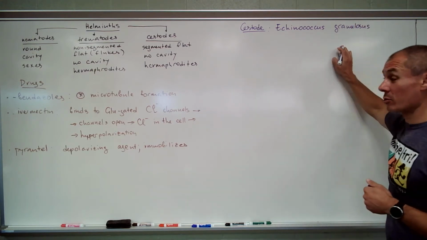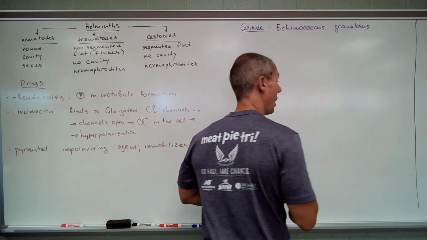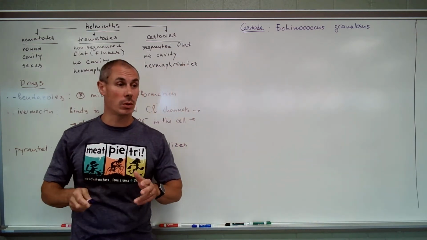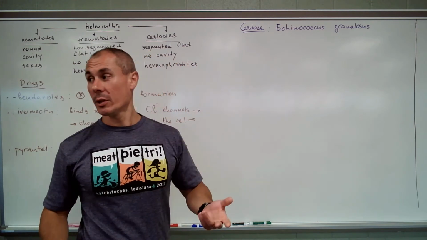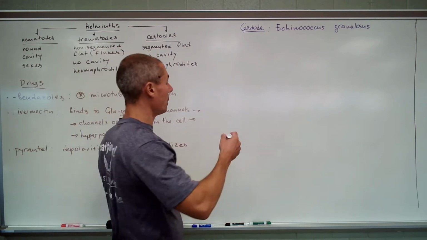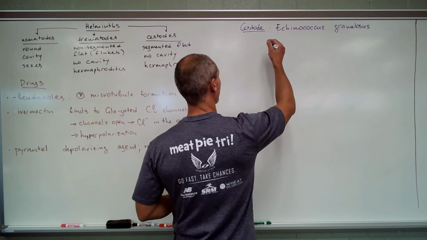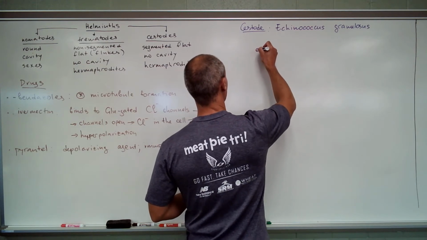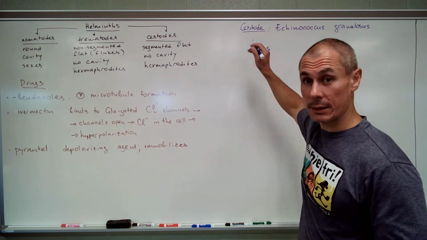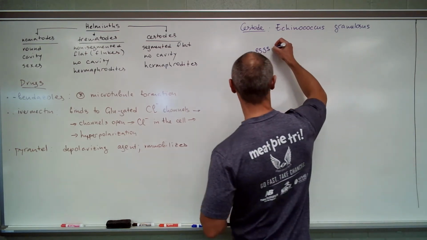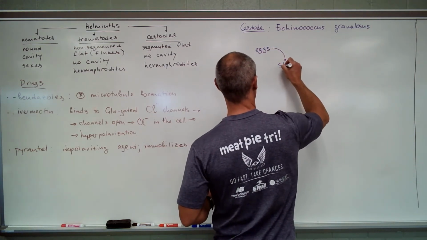Now this is a really interesting story because for each worm I'm going to draw a life cycle, a very simple life cycle, okay? And every life cycle will start with eggs. Well, except for one, which will start with filaria. But eggs of Echinococcus are consumed by mostly sheep.